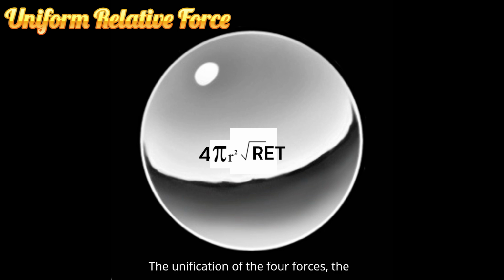The unification of the four forces. The uniform relative force, URF, model provides a potential pathway to unify the four fundamental forces of nature: gravity, electromagnetism, and the strong and weak nuclear forces. According to this model, these forces, while distinct in their individual properties, share a fundamental symmetry when viewed through the lens of spatial time. This means that they can all be understood as different expressions of the same underlying force, with the distinction between them arising from their context in space and time and their respective impedances or resistance to